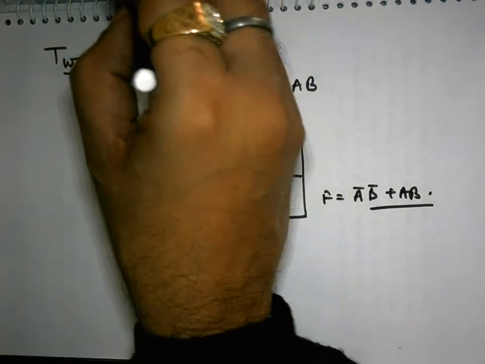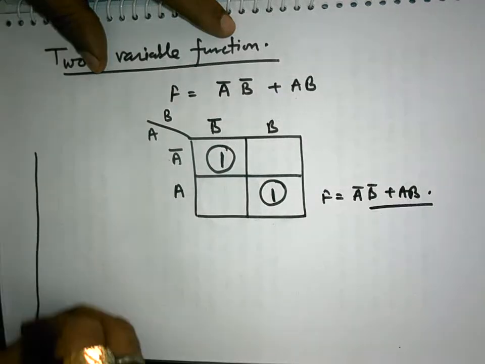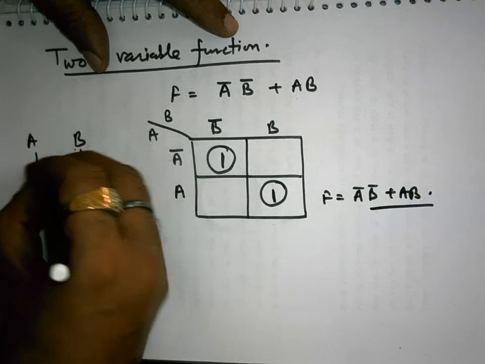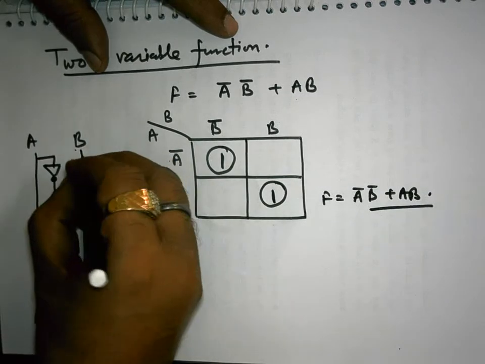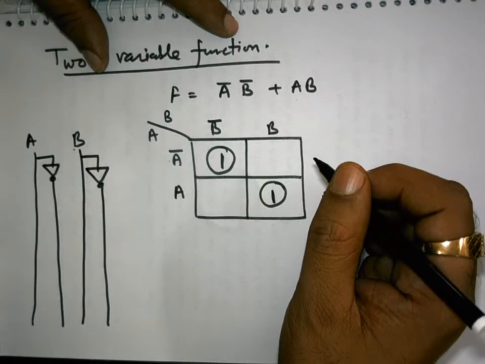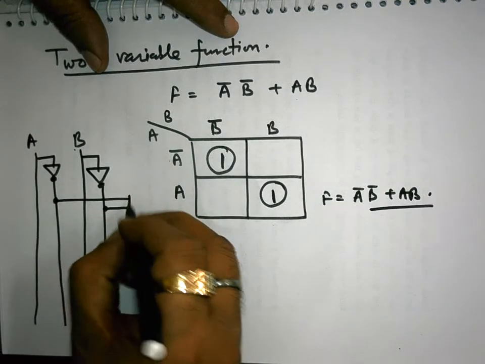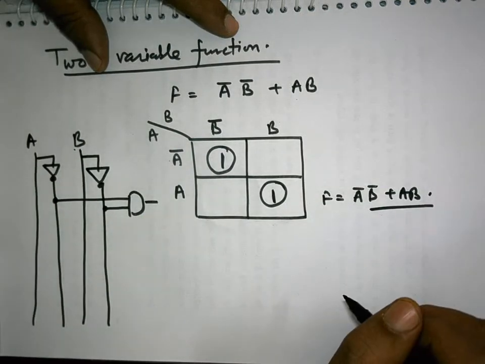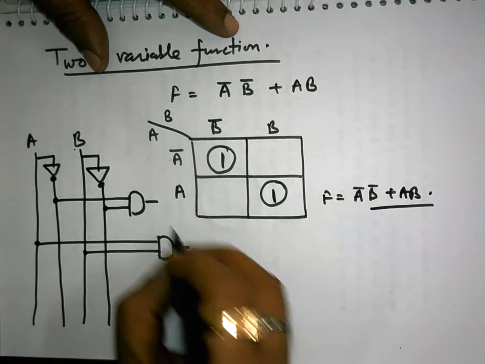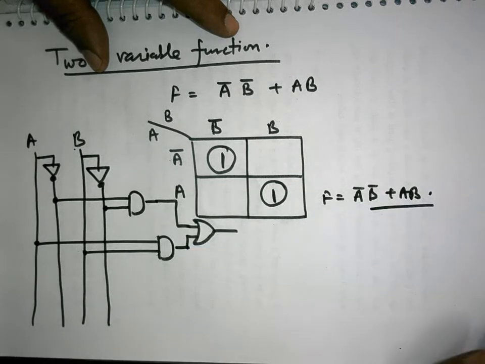Suppose if we have to design this circuit using NAND gate, then what is the way? You take a signal line corresponding to A and a signal line corresponding to B and form an inverted line like A bar and B bar like this, okay. And then what will you do? Pick up a line from A bar and B bar and apply this to AND gate, then A and B and apply this to AND gate, and then this output is applied to the OR gate.